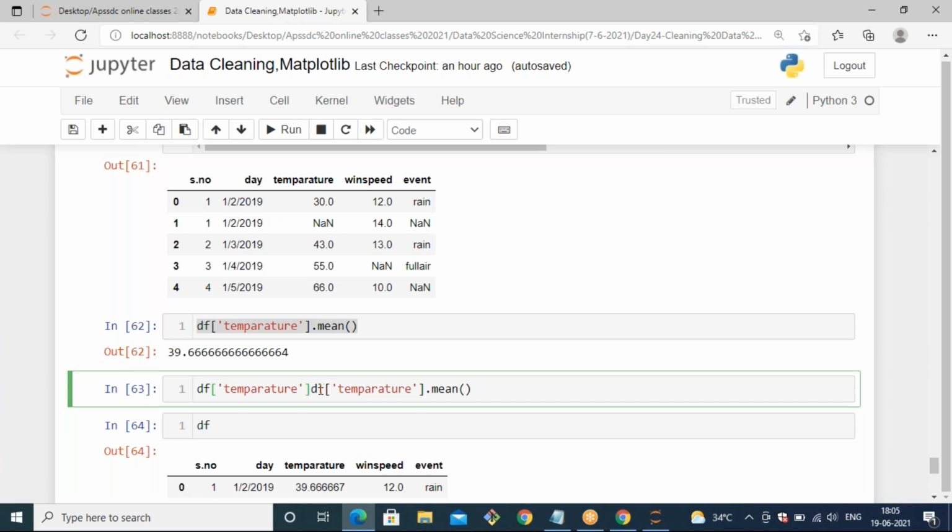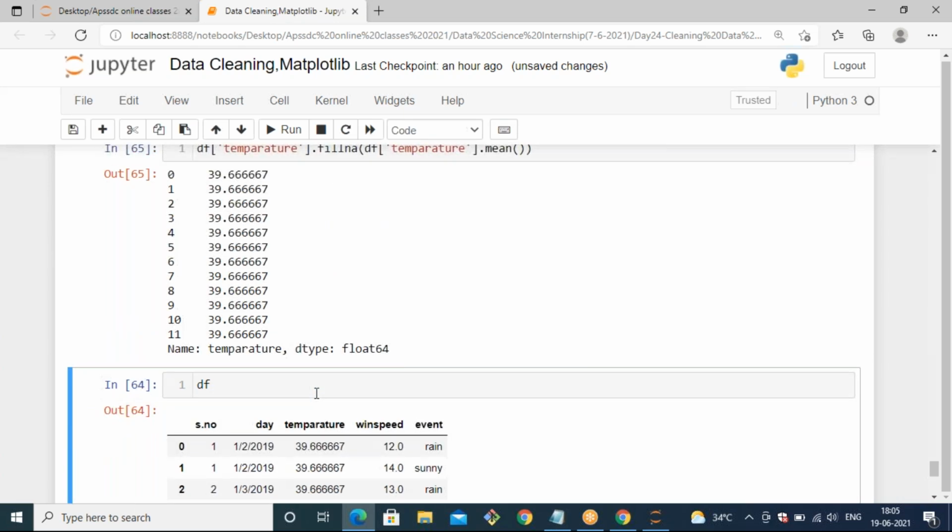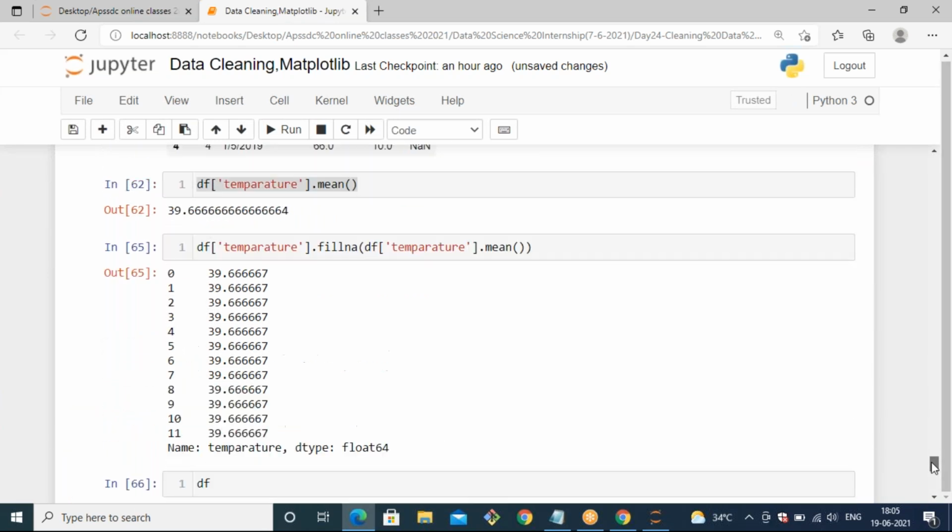Okay, df of temperature equals df of temperature dot fillna. We need to fill the null values, right? Fillna of... so it is already changed with that.